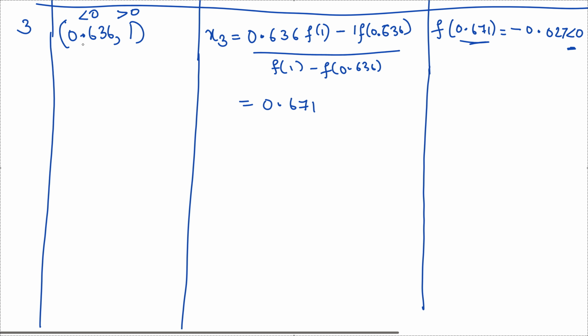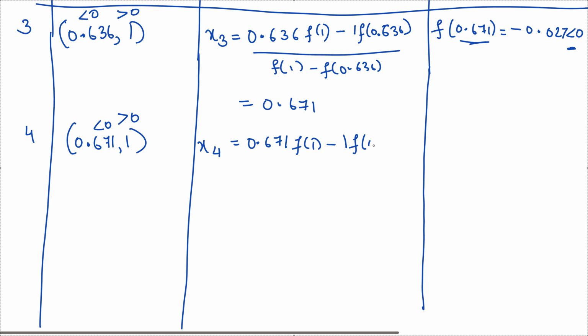So in the previous interval this was less than 0, right? So instead of 0.636, I'll replace it with 0.671 comma 1. Again this is less than 0, this is greater than 0. So the root lies now between these two numbers. Now let's find out x4. Now x4 is equal to 0.671 into f of 1 minus 1 into f of 0.671 divided by f of 1 minus f of 0.671,